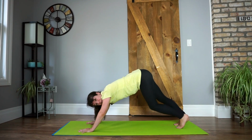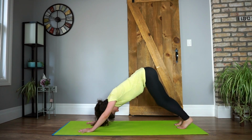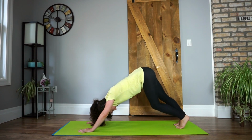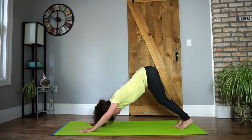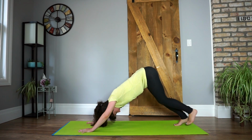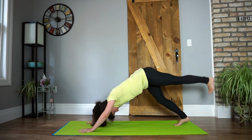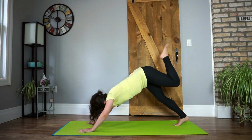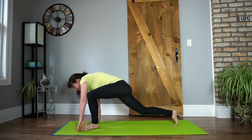If you have to come up into half plank, no worries. We'll meet you here. So no rushing. Today we take our time, and then we inhale, slide our left foot all the way up, reach it back, and exhale, step the left